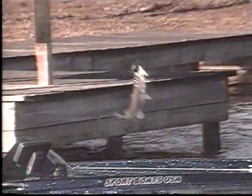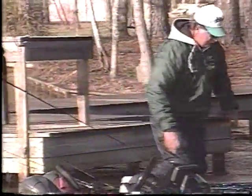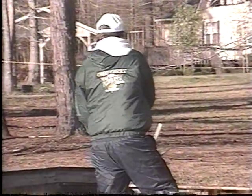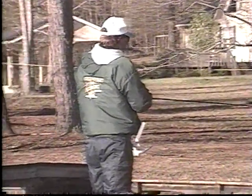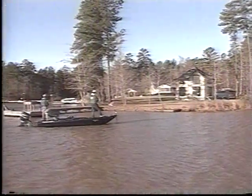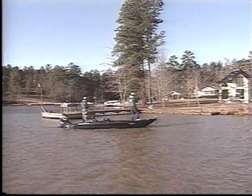And I'm throwing the new Strike King Pro Model jig with just a junior size Bo Hog pork frog behind it, fishing it real slow. And I'm fishing it on 25-pound test Stren line in this dirty water. Line does not seem to be a factor. I think we can get by with about any size we want. And they're actually pretty aggressive when you get one to finally bite, but getting the fish to trigger is the